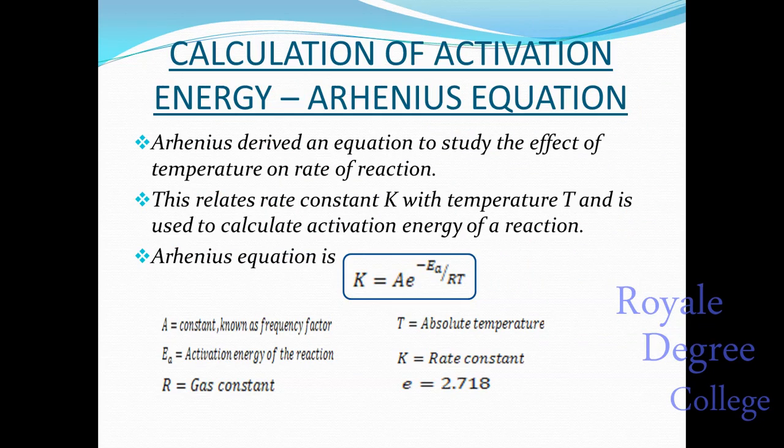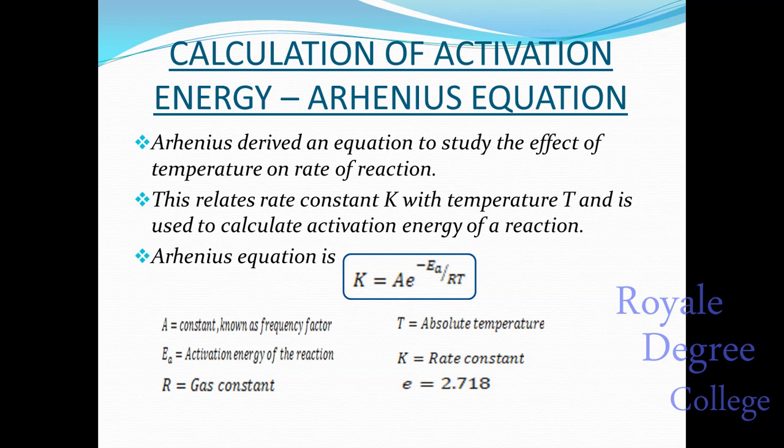Now we'll see about the calculation of activation energy using the Arrhenius equation. Arrhenius derived an equation to study the effect of temperature on the rate of reaction. This relates the rate constant k with temperature T and is used to calculate the activation energy of a reaction. So the Arrhenius equation is k equal to A e to the power minus Ea by RT, where A is a constant